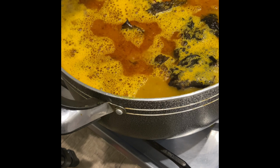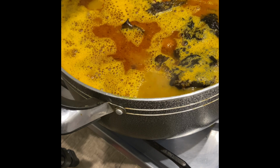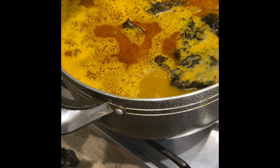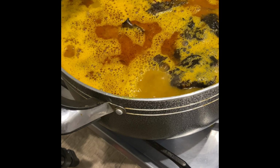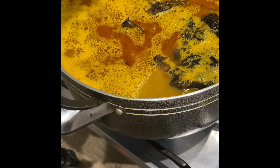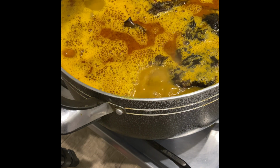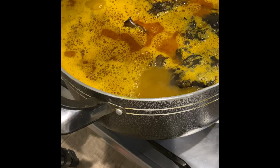few minutes and then go ahead and start to add my seasoning cube, salt, Maggi, crayfish, pepper, whatever ingredients you want to add at this stage is now left to you. So you can add as much crayfish as you want. A lot of people prefer to blend crayfish and onions together and add it to give you that thick paste,